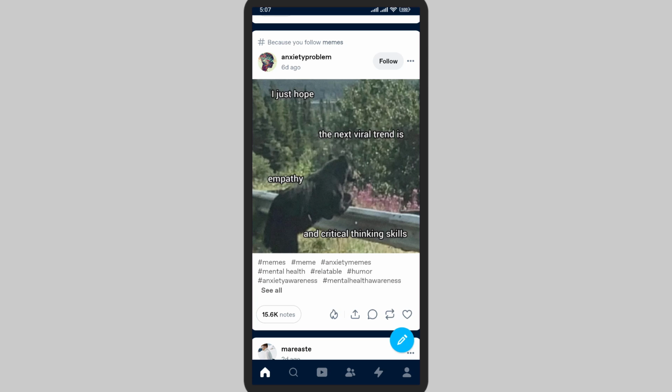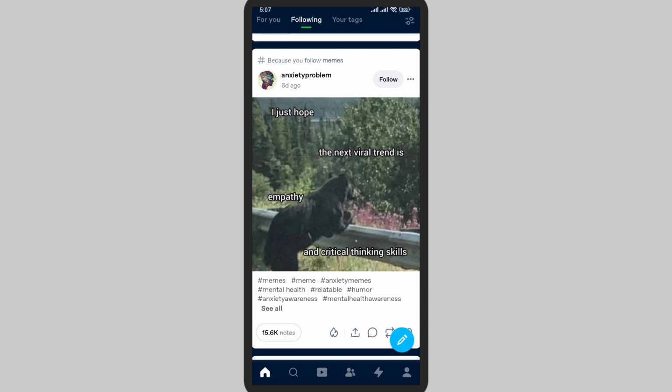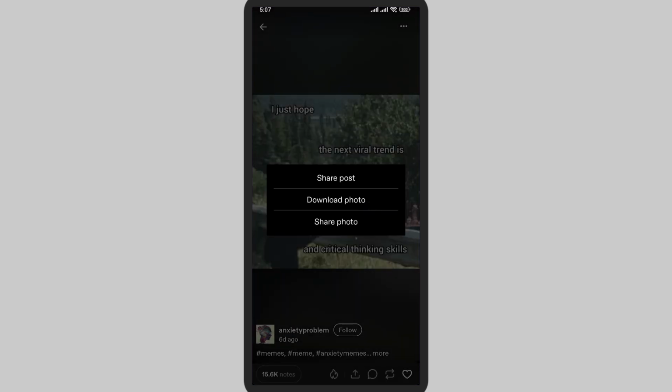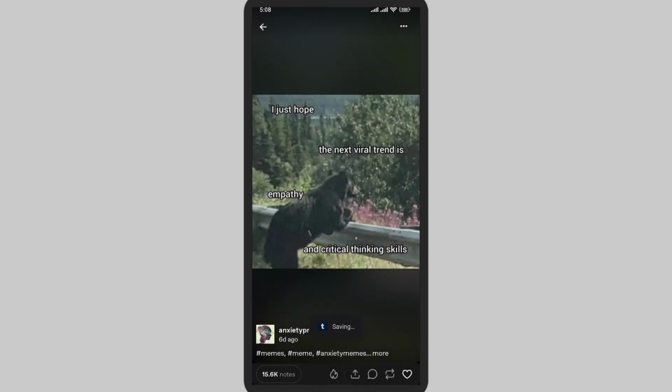Now, in order to download the picture, go to the post or the picture that you want to download. So here I'm tapping on one, and now simply tap and hold on to the picture. Here you can find different options available. Here select download photo. Now it will take some time, and as you can see, the photo has been automatically